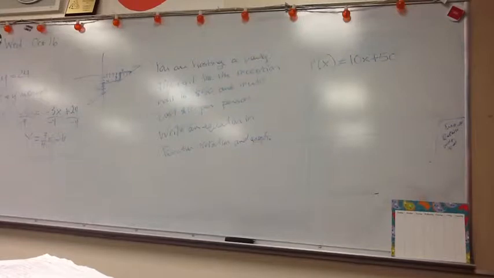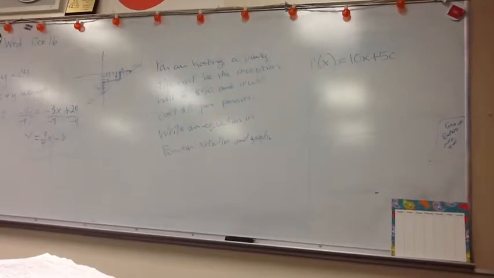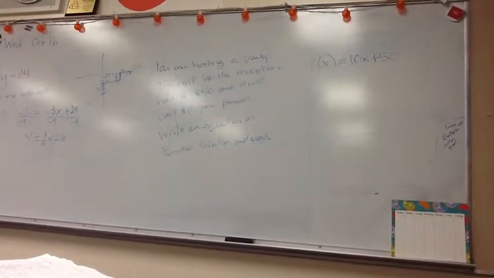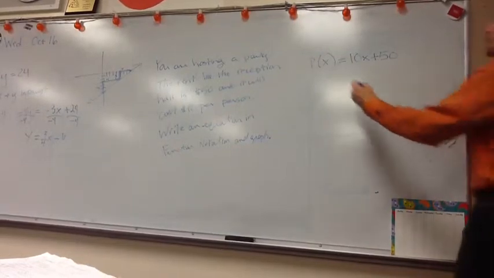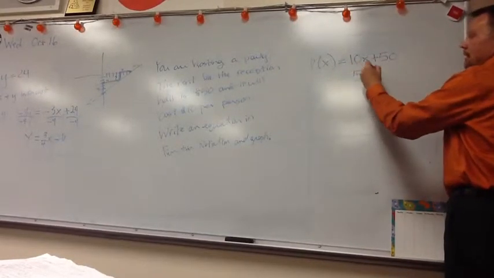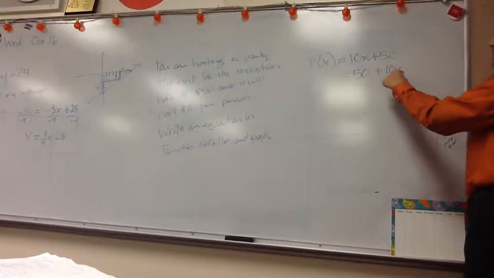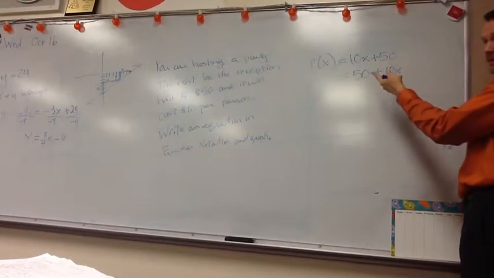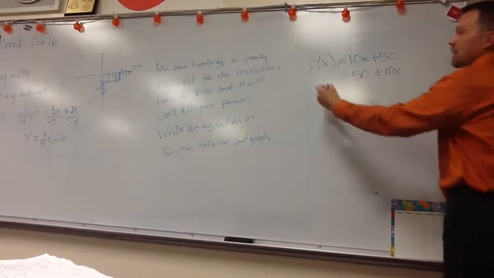So there's your equation. It could be f of x, p of x, r of x if it's a reception. The 50 before the 10? Yep, you could switch it. But you have to realize that now this is your slope and that's your intercept, and not vice versa. Okay. Now when we graph